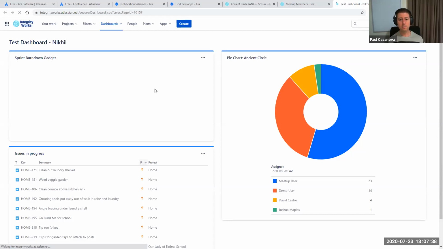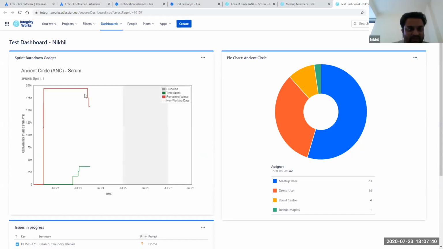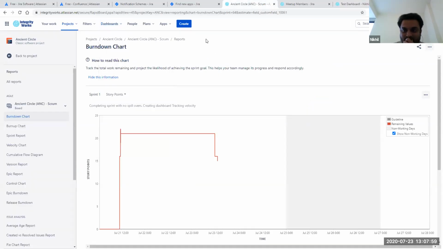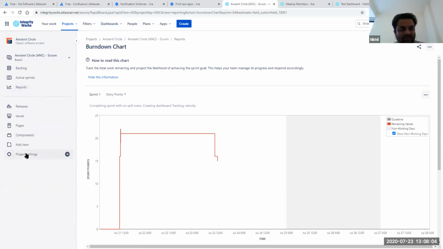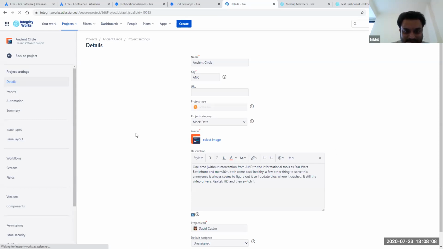Yeah. So what I'm looking for is something. If you see the sprint dashboard, a sprint burn down chart gadget. Yeah. Okay. So here it is showing us remaining time estimate against time. Okay. So are you aware about how we can change this, like reflecting what I've seen, like I'm configuring? Yeah, so maybe, okay, if we go back to I tried a few things, but I did not get it anywhere. Okay. So if we go